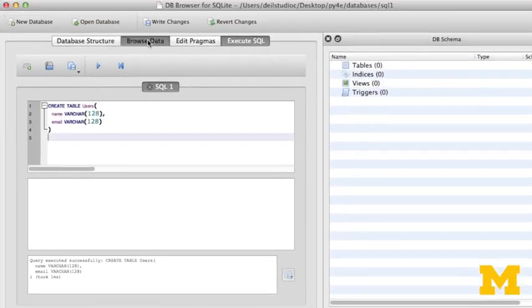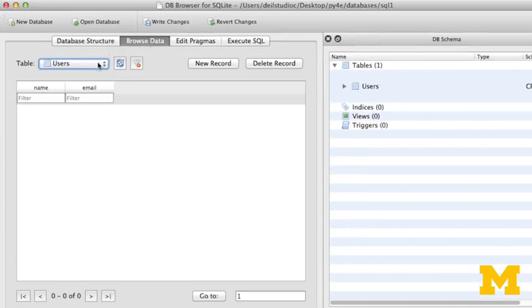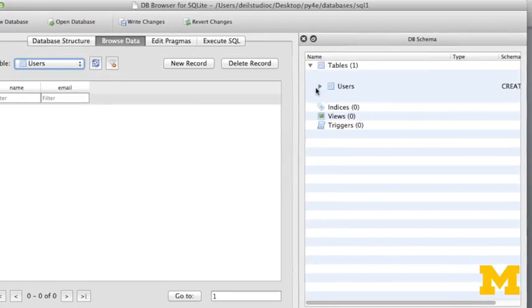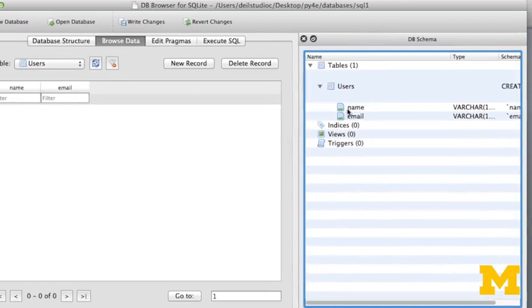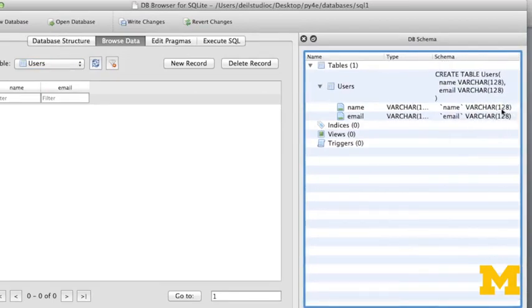So now if we take a look at the data, we see that we have one table, and the table is named users, and there's name and email. And if we pull this over, we'll see that the varchar is 128. So the database knows the contract that we just gave it, okay? So that's your first SQL command. Your next SQL command is,